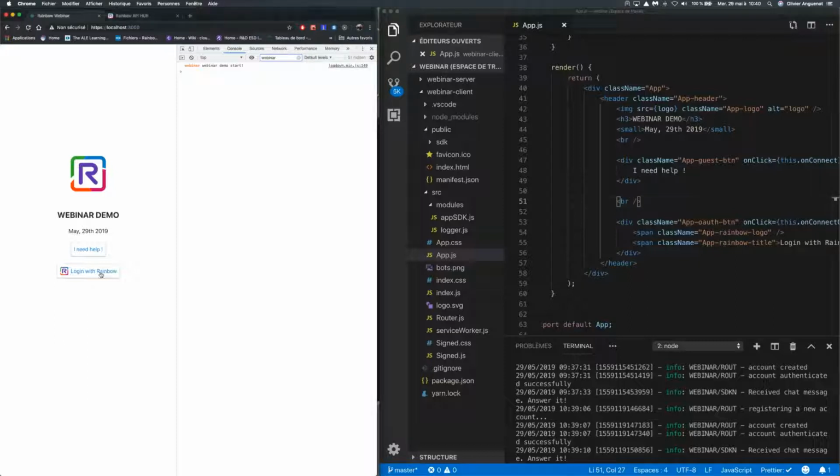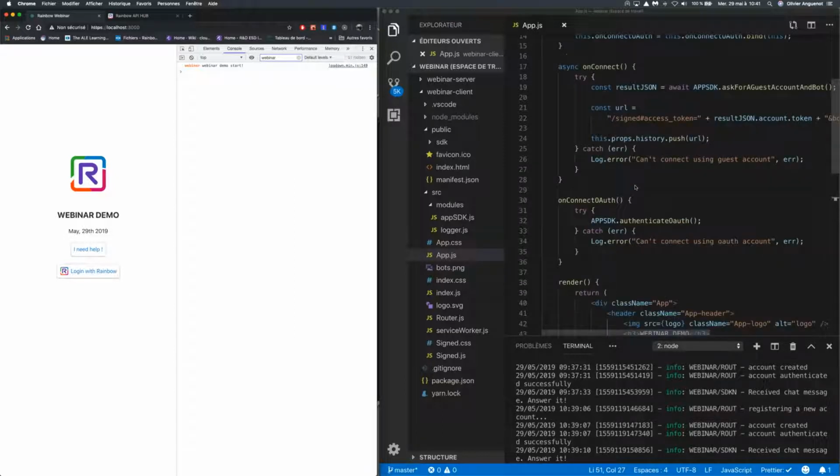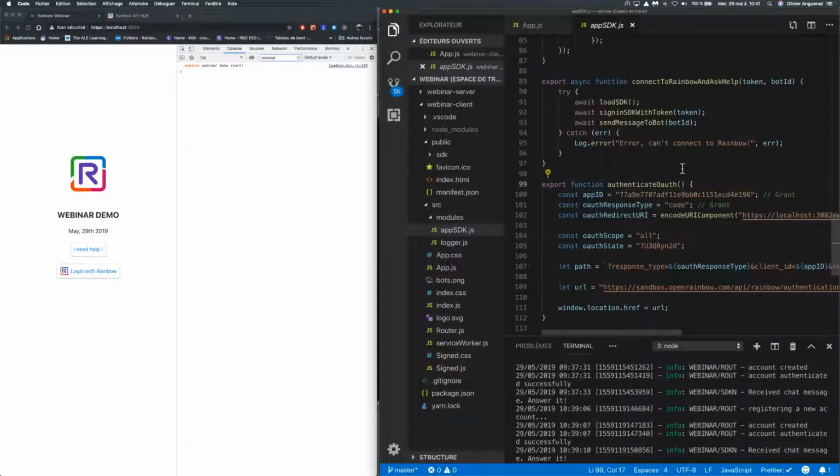We put in place a guideline to help you design and put in place that kind of button to connect to Rainbow. And in the client side, as you can see, we have another method that will be called when the user clicks on that button. So in fact, I explained that to use the OAuth, you need to